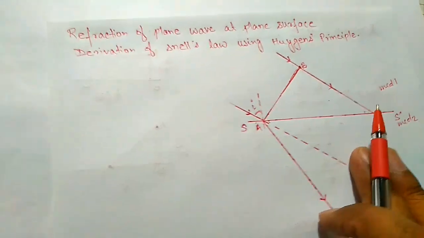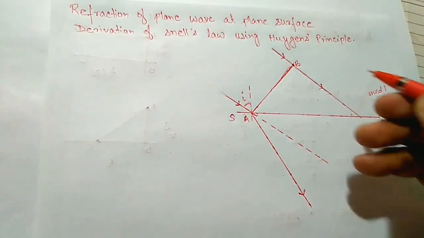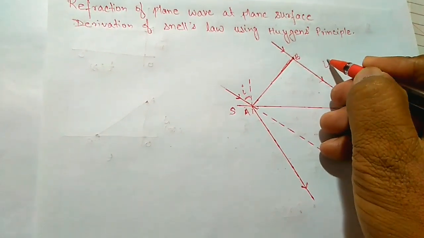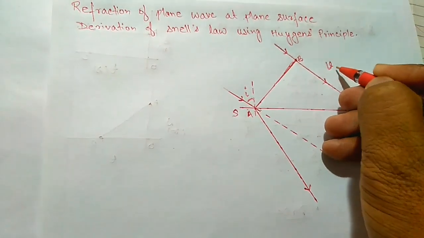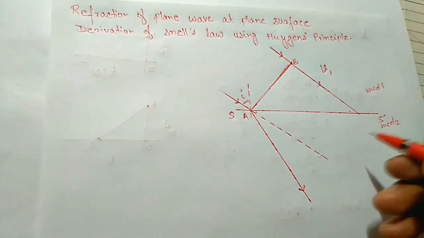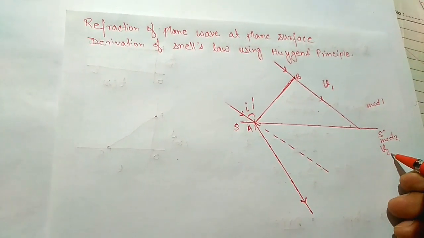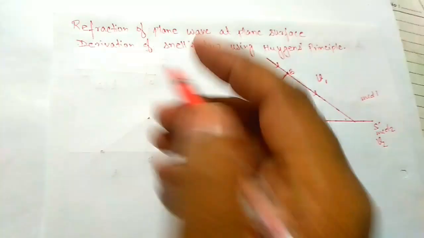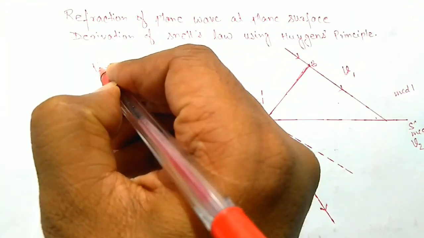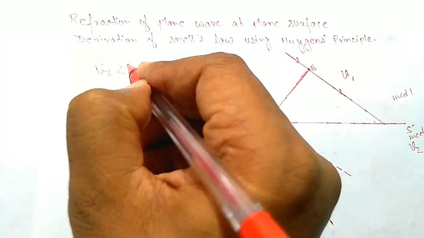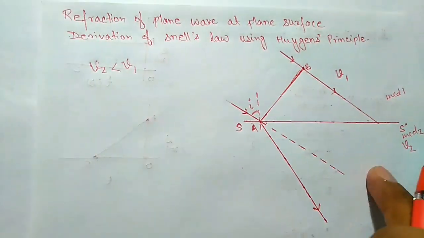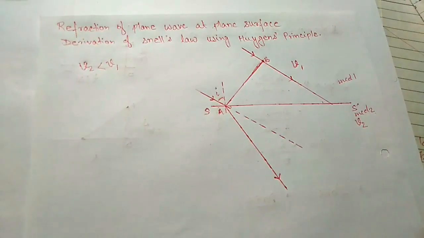For that, first of all, let us consider that in this medium the velocity of light is v1, and in this medium the velocity of light is v2. Here we know that v2 will be less than v1. Why? Because this is a denser medium. And let